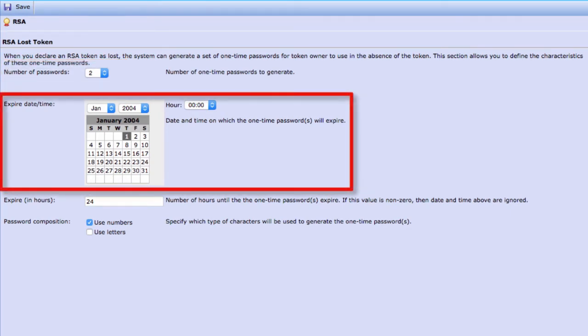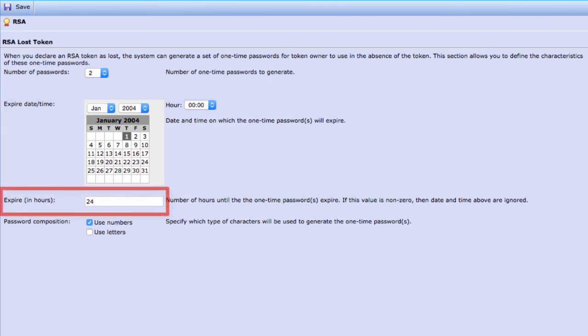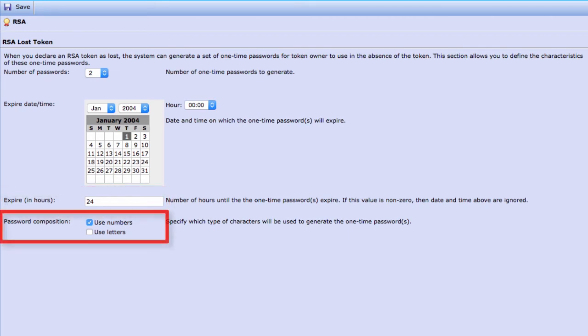Next, enter the expire date and time for all one-time passwords. You can also configure an expiration time relative to the issuing of a one-time password. To complete the configuration, under Password Composition, select whether to include or exclude numbers and letters in a one-time